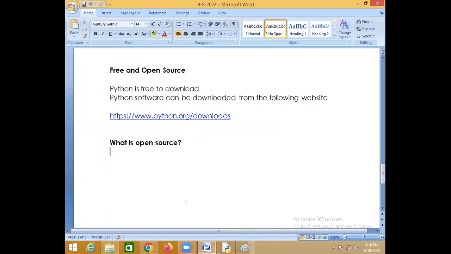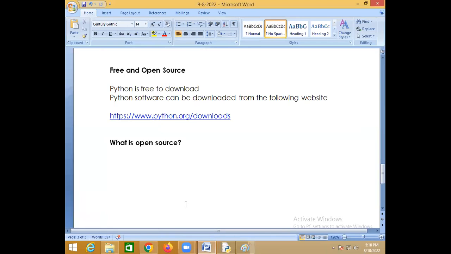Python software is developed in one language. Which language? C language. Whatever code is written in C language is given to the public. You can see each function and each and every functionality of Python, you can make changes, and you can develop a new language.